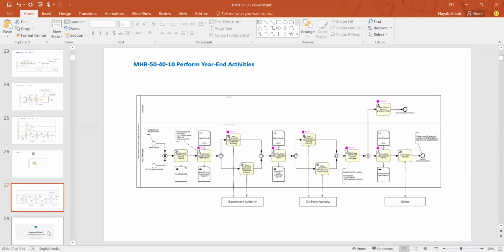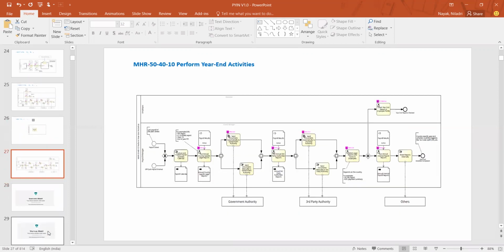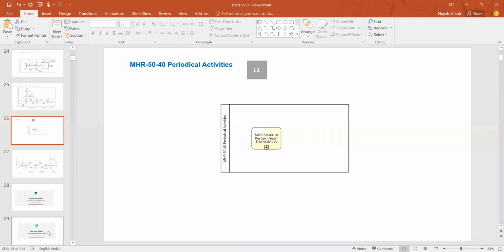Year-end activities means like tax submissions to the government. And is there any deductions? Yes, absolutely correct. So what happens generally in a typical payroll cycle or a typical organization for Indian payroll, we